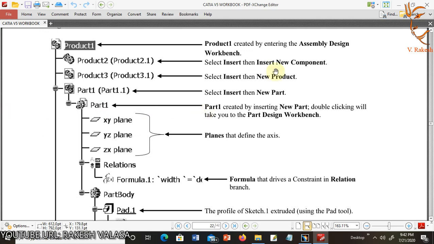Part 1, this part 1 is created by inserting new part. Double clicking will take you to the part design workbench. XY plane, YZ plane, ZX plane, these are the planes that define the axis. Next one, relations, formulas, formula that drives constraint in relation branch.